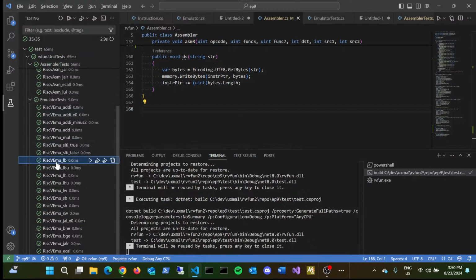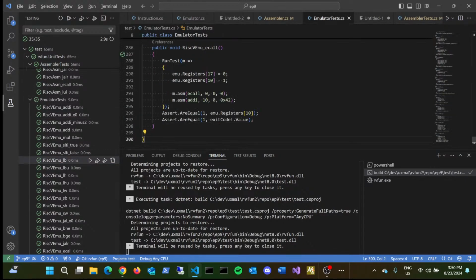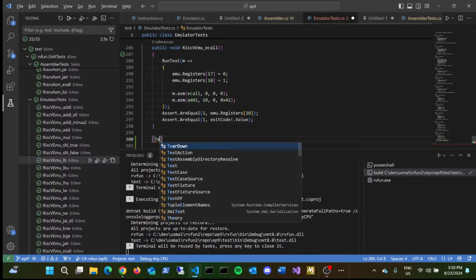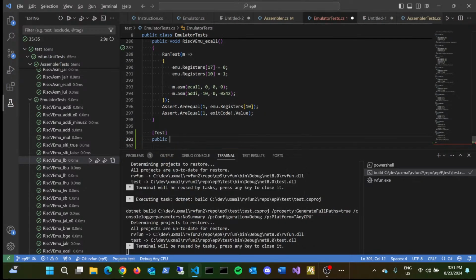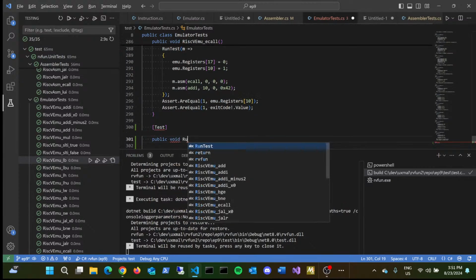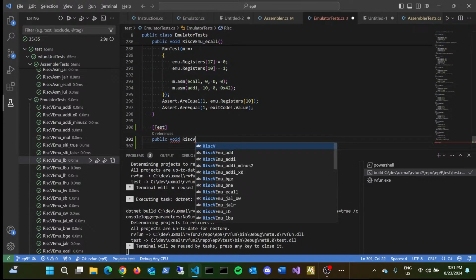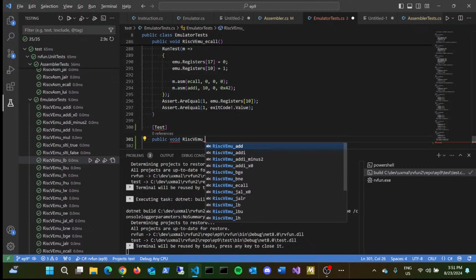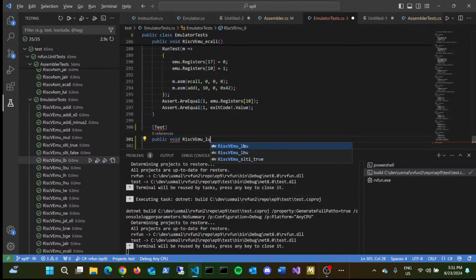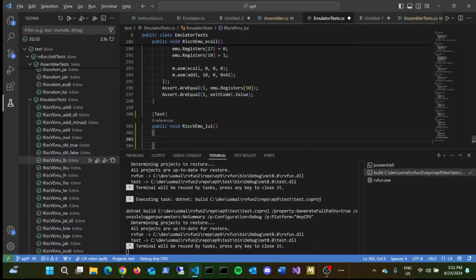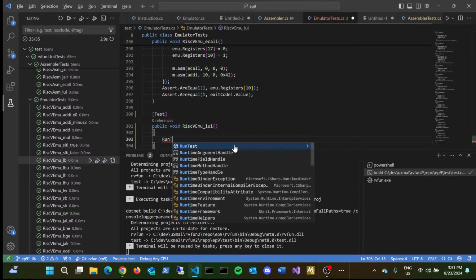So now to the emulator part. We need to write an emulator for this. So we will do a similar test. And here what we'll do is we'll combine the effect of an LUI and an add-I to give us that result that I showed on screen earlier. So we run test,